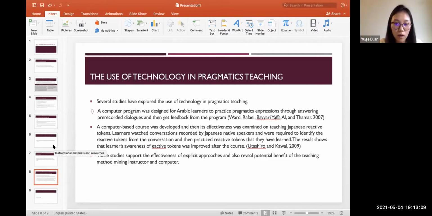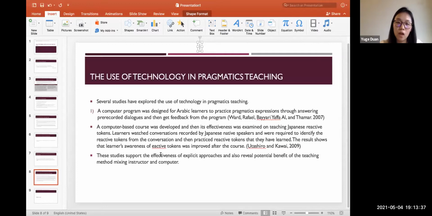Okay, so I was talking about the second study. In the second study, this is a computer-based course, which was developed to examine the effectiveness of teaching Japanese reactive tokens. And learners, they will